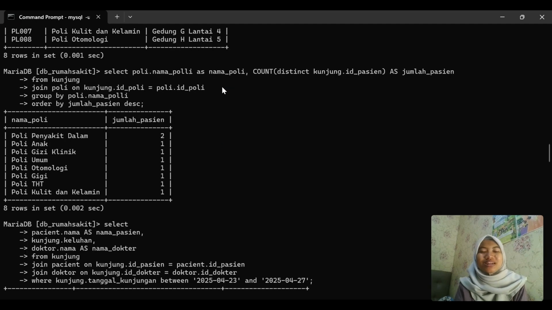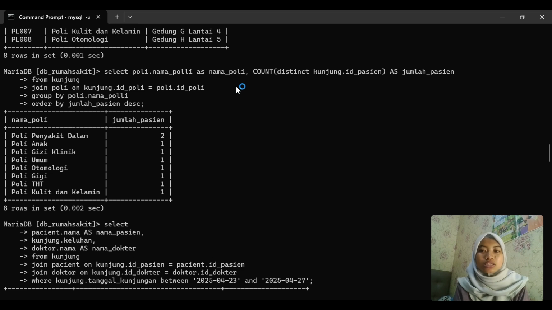Next, I answer number 6. For number 6, I use this query to display the name of each clinic and the number of unique patients who visit each clinic. The query joins the visit and clinic tables, groups the result by clinic name, counts distinct patients to avoid double counting, and orders the output from the highest to the lowest number of patients.